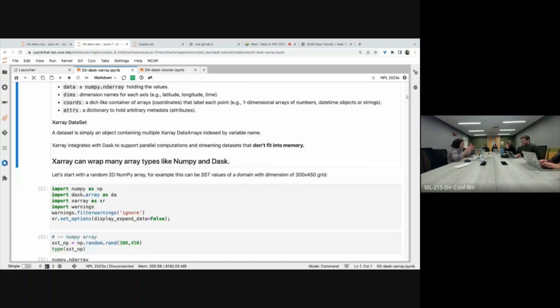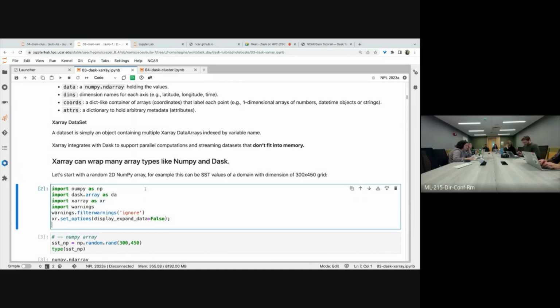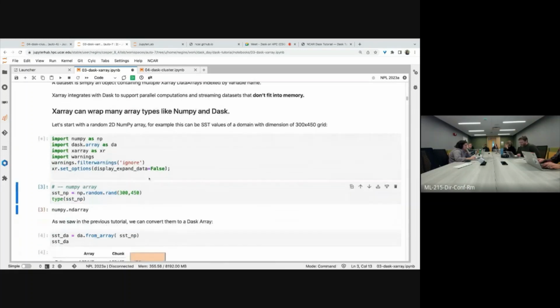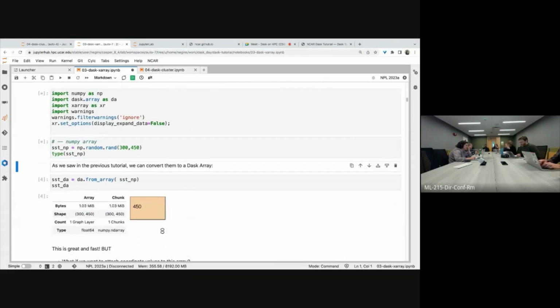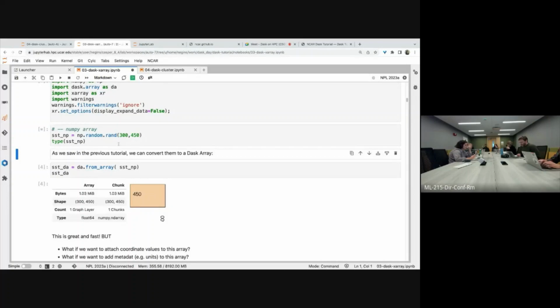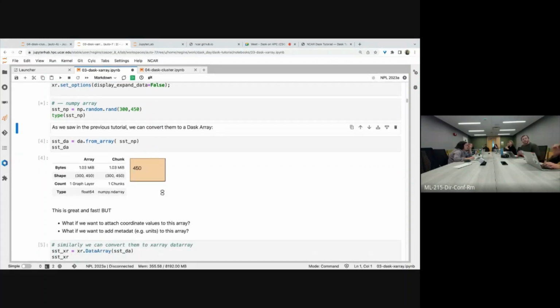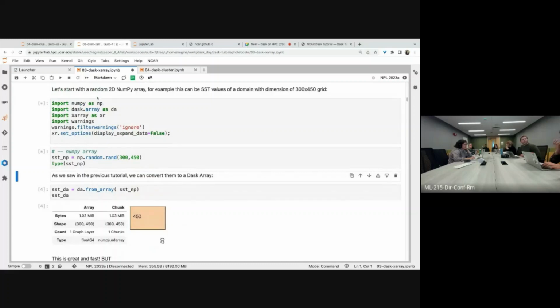But to get familiar with Dask arrays, I put together this example, which shows how NumPy arrays and Dask arrays relate. So here in this example, I start with first creating a simple NumPy array. It's just random numbers, 300 by 450, and it can be any value. Think of it here, for example, as sea surface temperature. And then I convert, I'm not sure why this isn't running, but